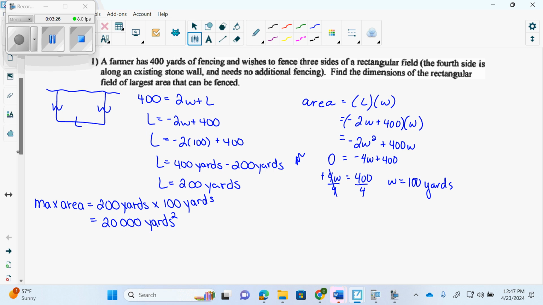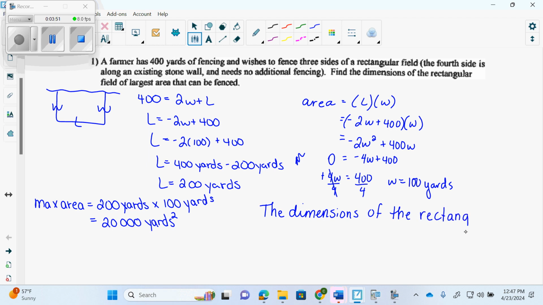So you didn't really have to find the max area, but I was proving a point that it actually came out to the same as the grade 11 one. Right? Still the same, this back number was our max area. So the dimensions of the rectangular field,